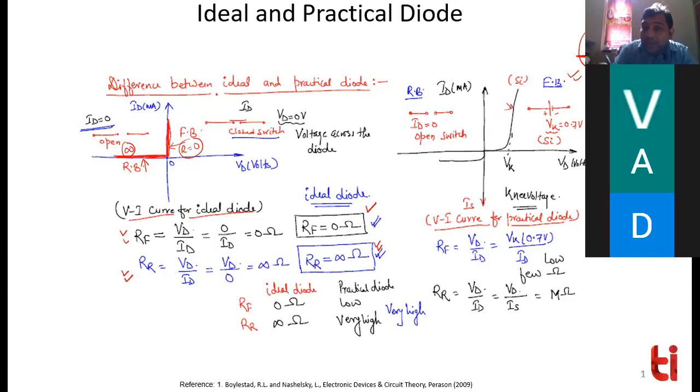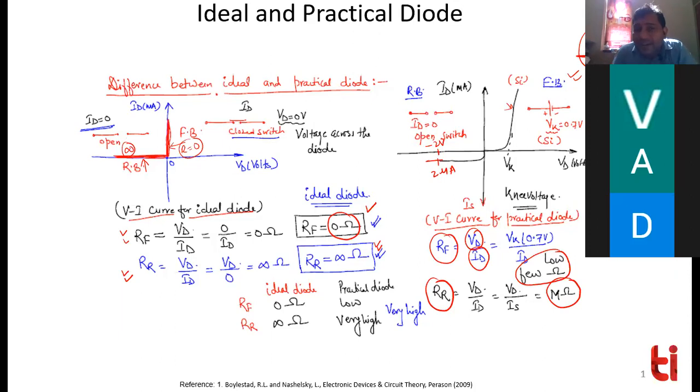Okay. Now here in case of a forward bias, you have VD divided by ID. You always get some few ohm resistance. You can never get 0 ohm. No problem. In case of a reverse bias, if you find out the resistance, you will always get some resistance in mega ohm. Let's say, for example, at -2 volt you are getting 2 microampere current. What is the resistance? So V is equal to IR, R is equal to V by I, 2 volt divided by 2 microampere. So this is 1 mega ohm.